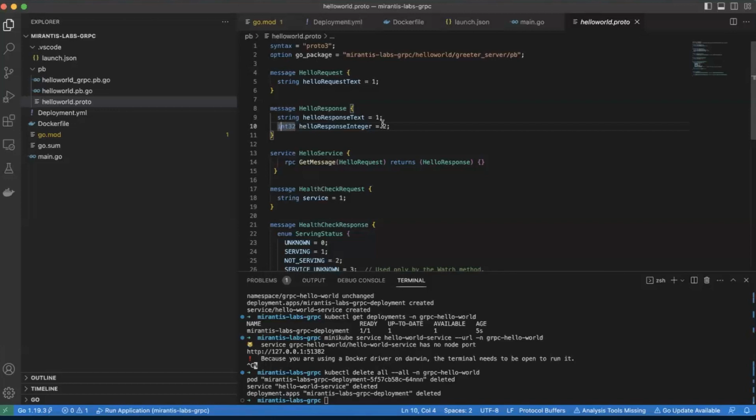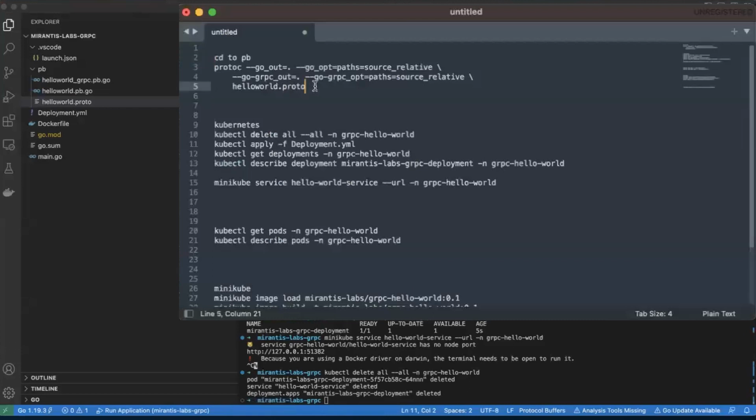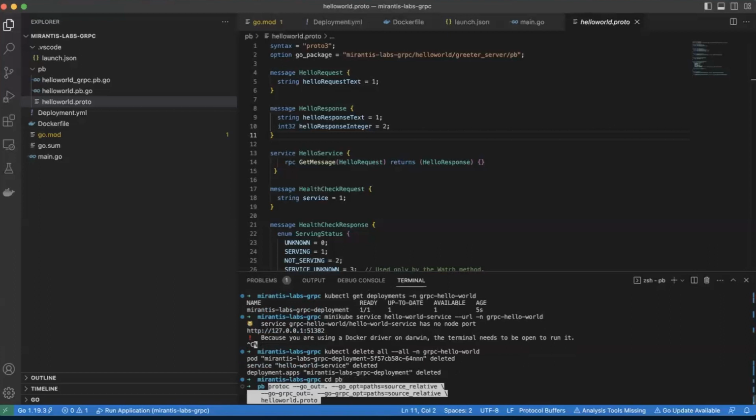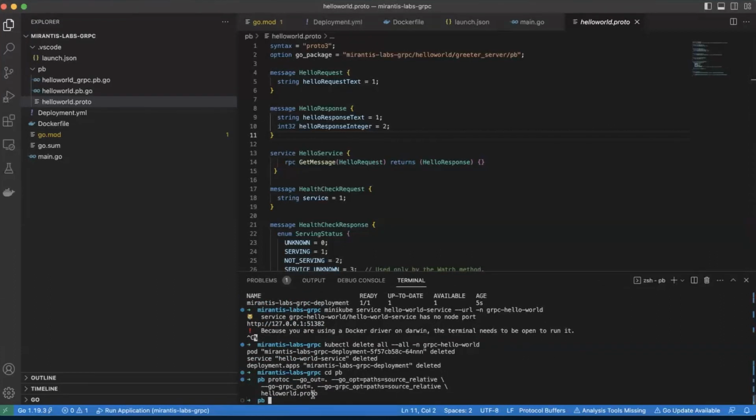Next, I'd like to show a little bit about what the experience is like in developing gRPC. What I'm going to show here is we have this protocol buffer. And what the developers would do is use something called code gen. gRPC comes with a tool right here, called protoc. Let me just go into a different directory here. If we run this command, I pointed protoc to our protocol buffer, and it's actually going to generate